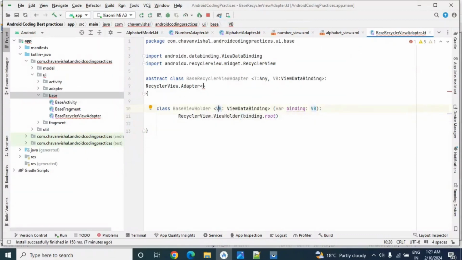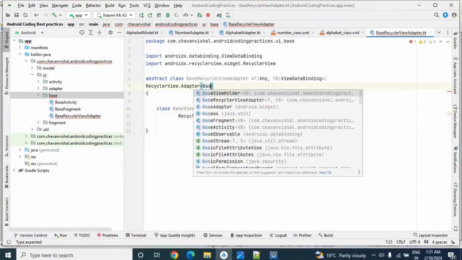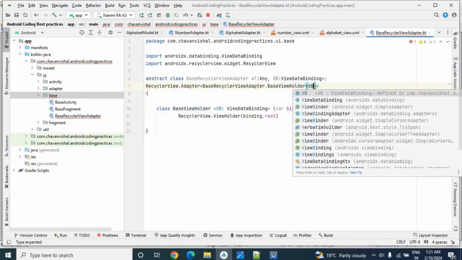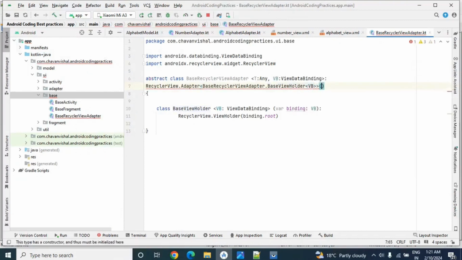So let's take over here base recycler view adapter dot our base view holder, and this base view holder will accept view binding, so we will pass view binding from here, VB. So we have declared a base recycler view adapter and added two generic types. Okay, now let's move ahead.